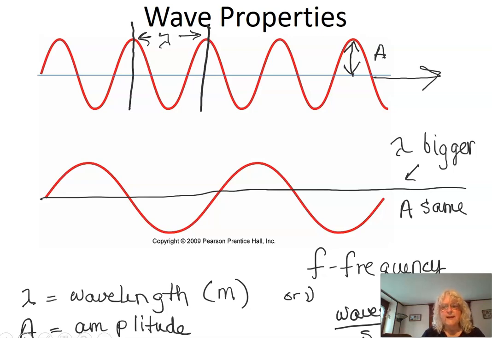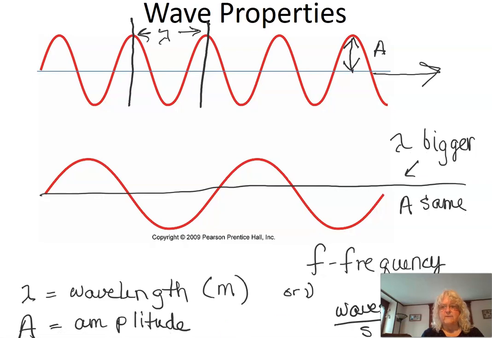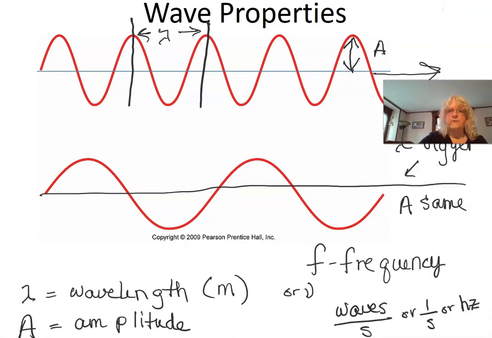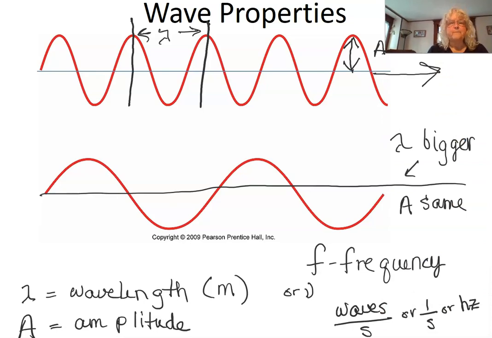There are three main terms that we use, and those are amplitude, wavelength, and frequency. We're going to be mostly interested in wavelength and frequency. So the wavelength is essentially the distance from peak to peak, or crest to crest, or trough to trough. And it's measured in meters, and we use this weird looking symbol for wavelength,